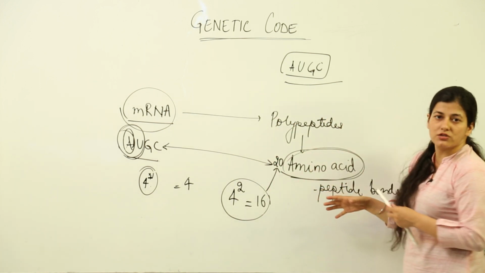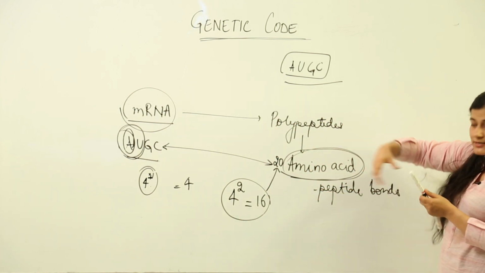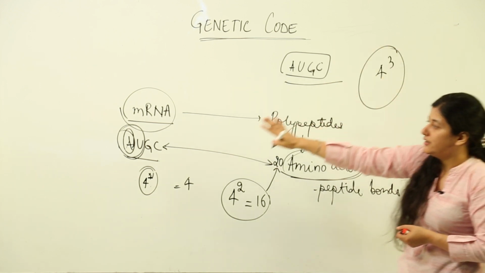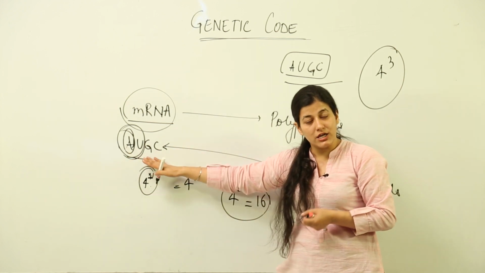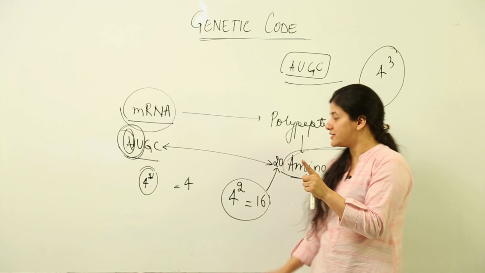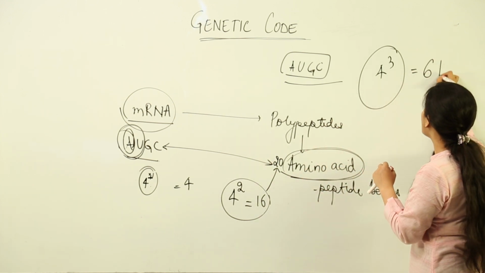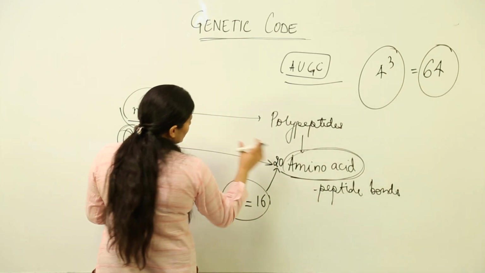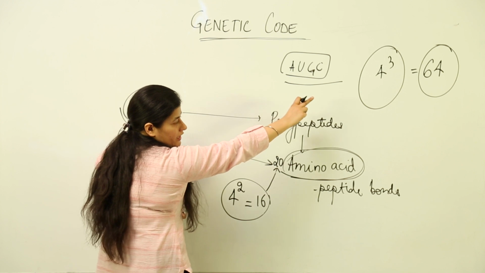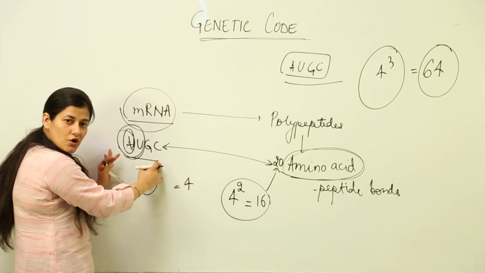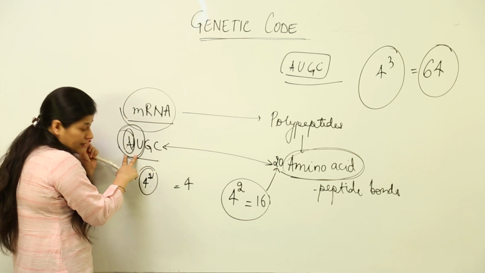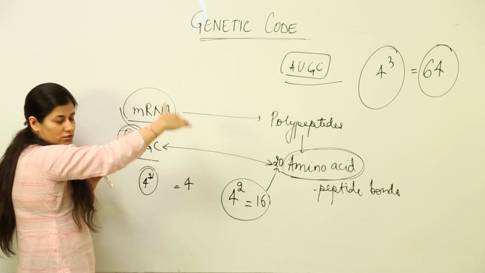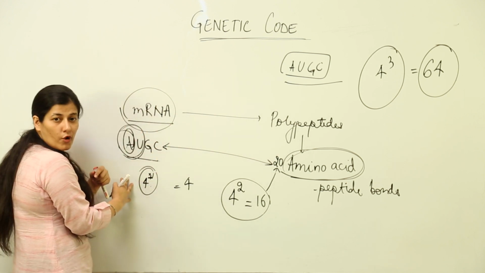Then there was a scientist known as George Gamow. He studied this and he said, what if it is a triplet? There are 3 nucleotides representing 1 amino acid, then we get 64 possibilities. And 64 very well takes in the 20 amino acids. So, it would be a triplet instead of a single nucleotide or a pair of nucleotides. We will have a triplet where there would be 64 possibilities of getting a triplet out of these 4